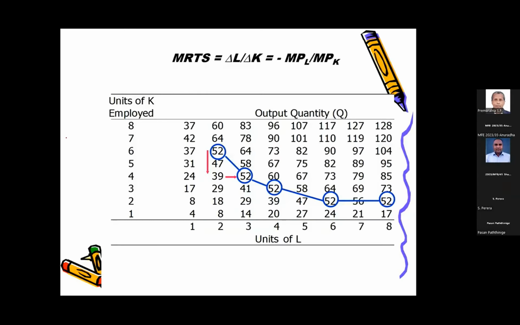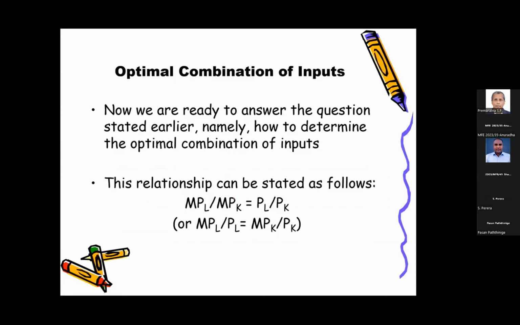This is about the isoquant curve. We saw that the slope of the isoquant curve is MRTS, the marginal rate of technical substitution. And now we have to look at the optimal combination of input, or optimal point. The optimal combination, optimal point. Now here,